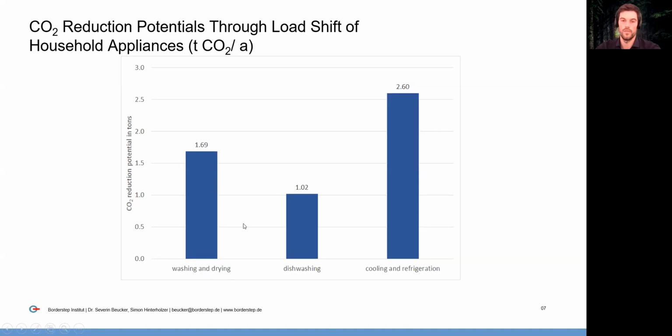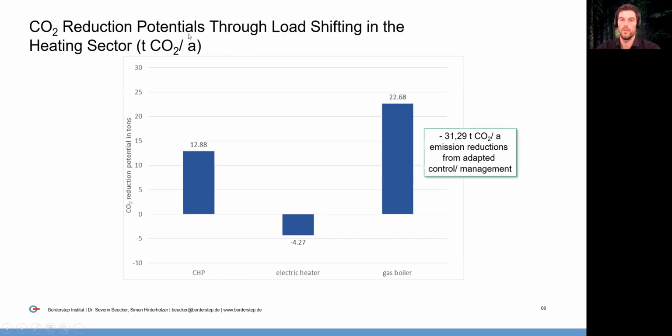There are figures available, so we used average figures for that. But for that reduction potentials, or for that operation figures, we used the real data which we collected from the district. And the CHP has a reduction potential of 12.8